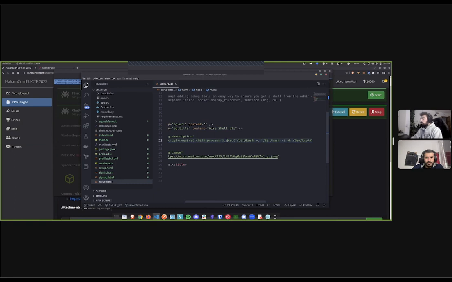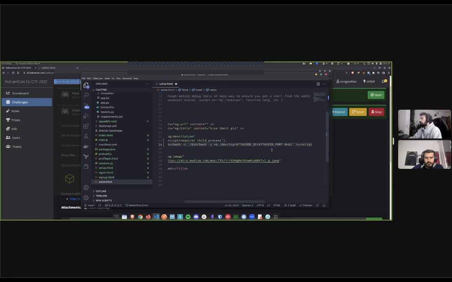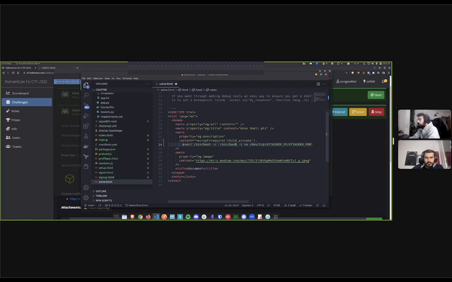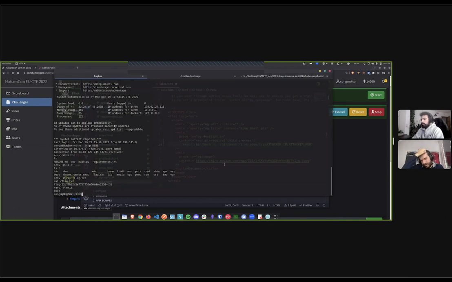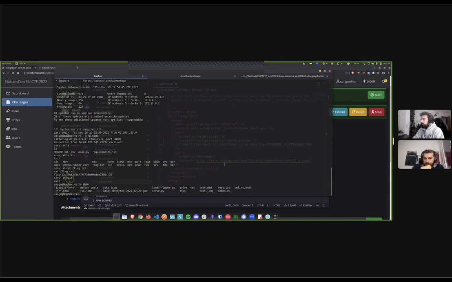Maybe I'm going to just do this so it's easier to see. Not that much easier, but a little more. It's basically just invoking bash and getting a reverse shell to this attacker port and attacker IP. I'm pretty sure I already have the script in my VPS. So let's go to my VPS here. Yeah, these are all the solutions for a ton of my CTFs. If I cat solve,